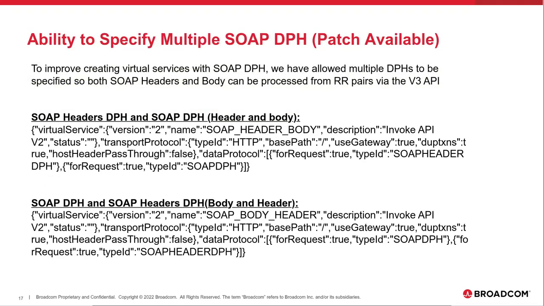Carl also brought up that there is a patch available on top of 10.7.2 to be able to specify multiple DPHs, including the SOAP header. And so we've added the ability to specify SOAP header in addition to what we already supported with SOAP DPH, and the ability to specify both. And so just like the workstation, the order does matter, the expectation of how you expect the transaction to work. You would order it accordingly, whether it should be headers and then body or body and then headers, you would order it when specifying, again, this is the